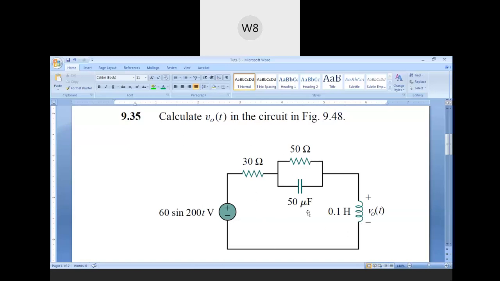And this circuit is being excited by a sinusoid source, which is 60 sine 200t. So the objective is to find out the time varying voltage across the inductor. And keep in mind that this circuit will be set up. That means you will interconnect all these components and then you will switch on the source, this sinusoidal source, and then you will wait for some time. Typically, it will be a very small time in the lab, but theoretically, you will have to wait for some time